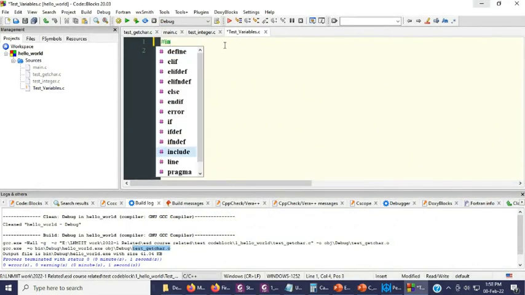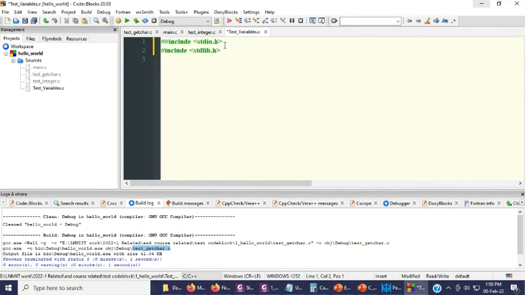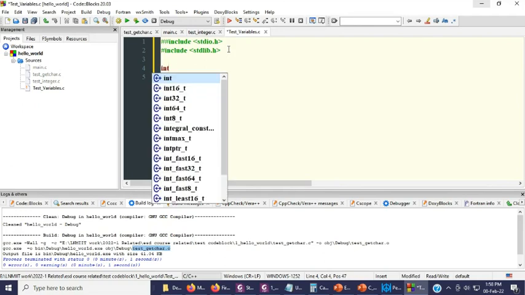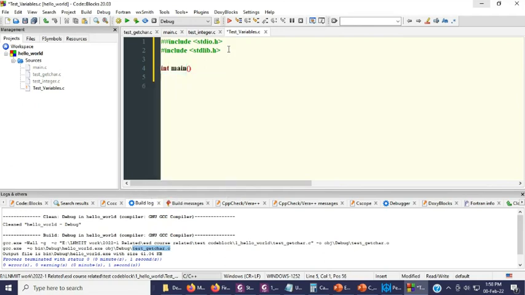Hash include. So these are my preprocessors, and I define the main function here. I will start the statement here. Before that, let me add return 0. Done. Now I will define a variable int A, and then another variable int B = 10. Now this part is just declaration.